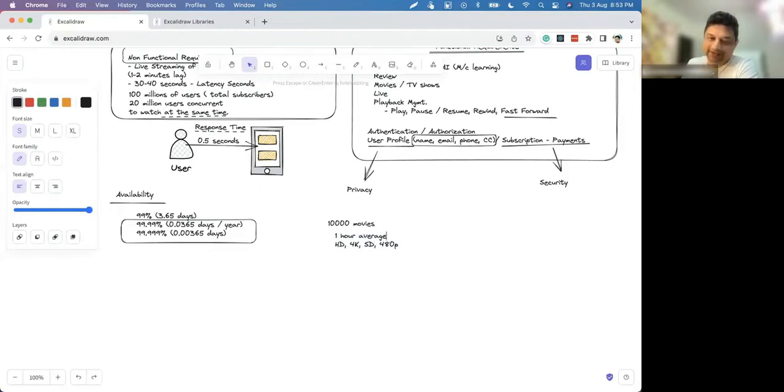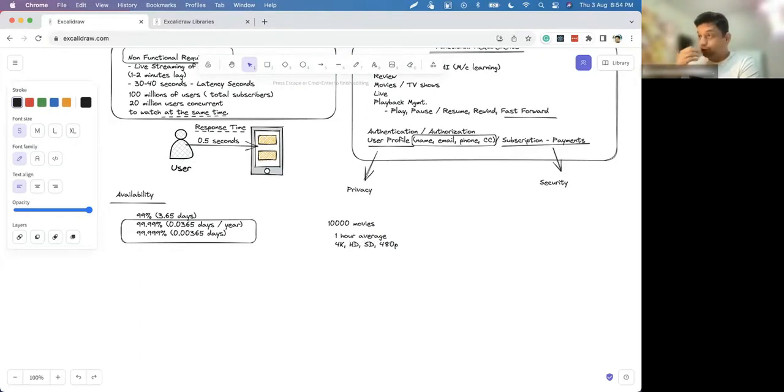Because definitely, you cannot watch the same movie on a 4K TV if it's not stored in 4K, since you will not get good resolution. So you have these many resolutions.